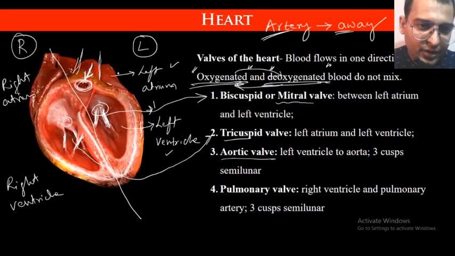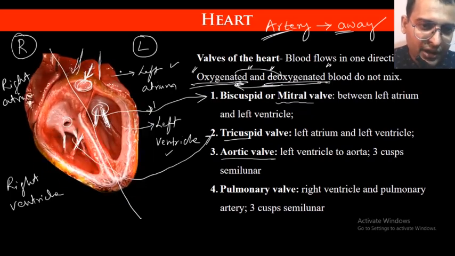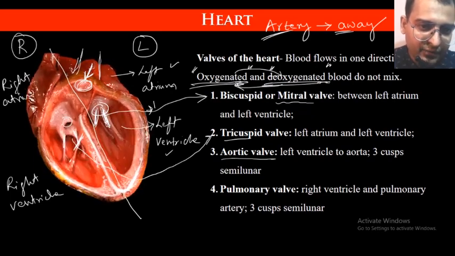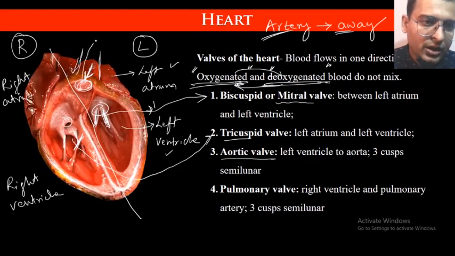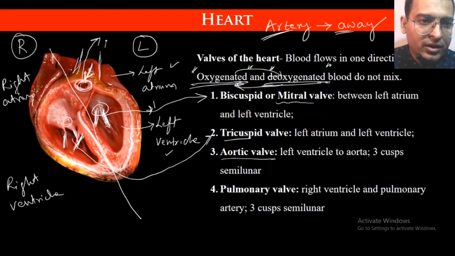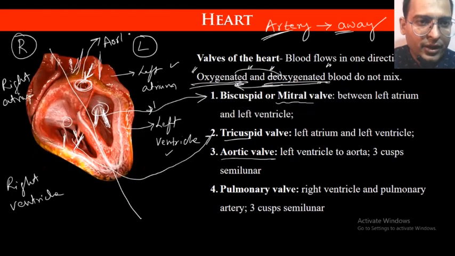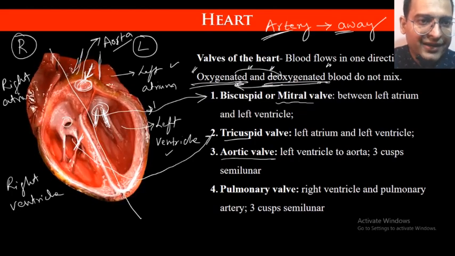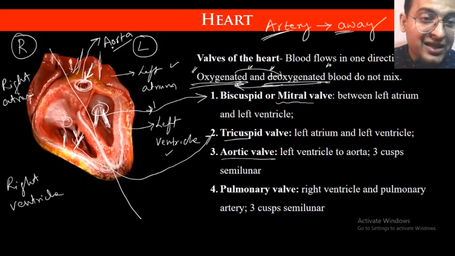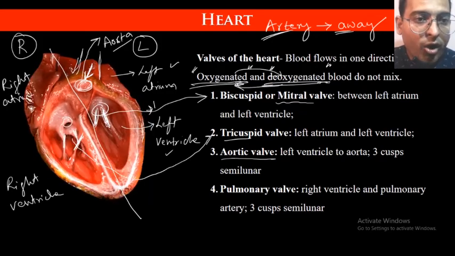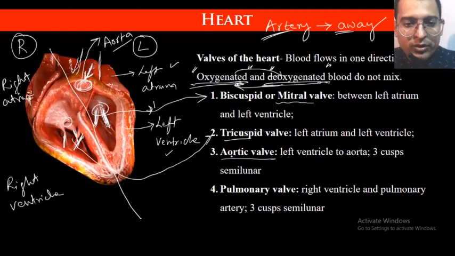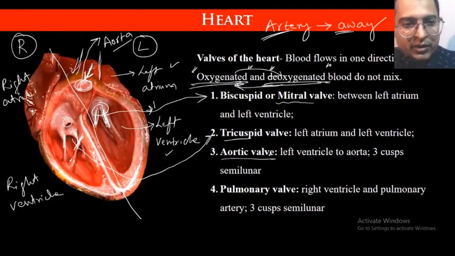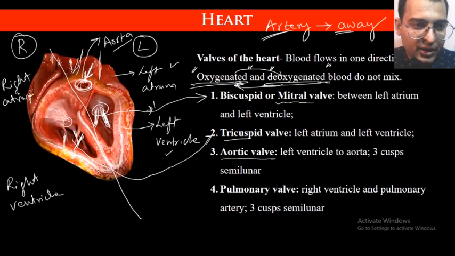So the blood is going to enter into the left atrium and then into the left ventricle, and then it will go out through this aorta. Though it is AORTA, it is not spelled as AORT, it is aorta. So this is known as the aortic valve. This is the aortic valve.